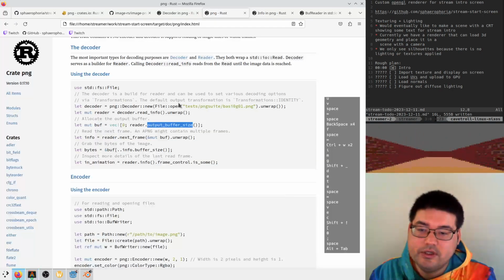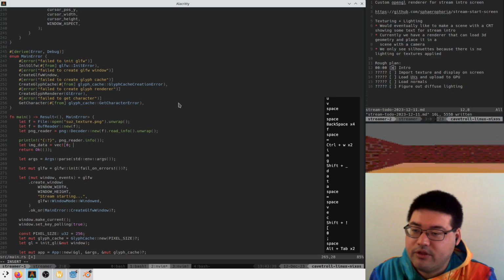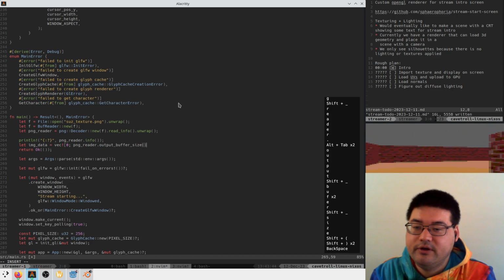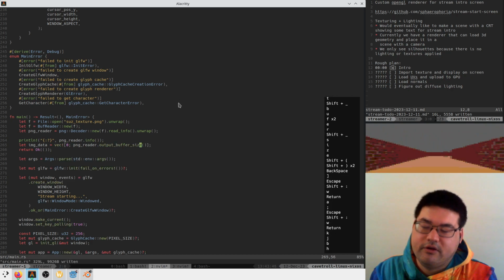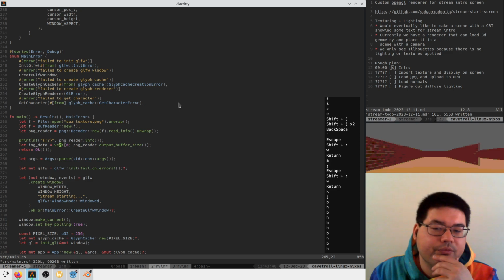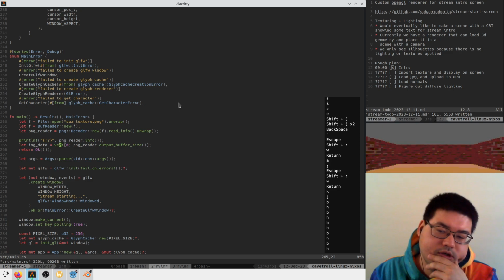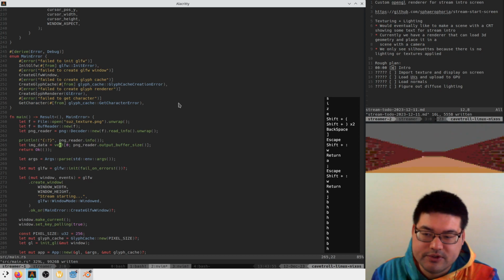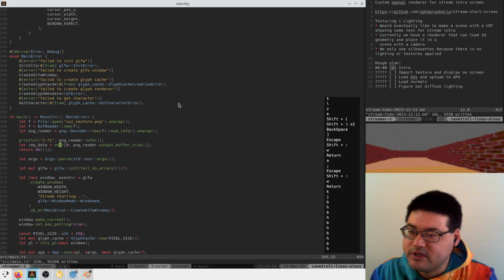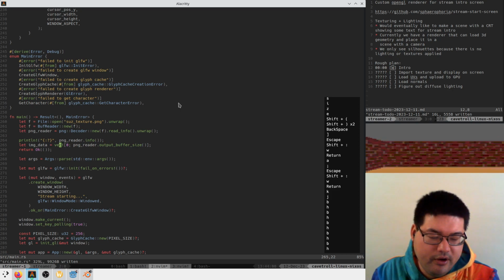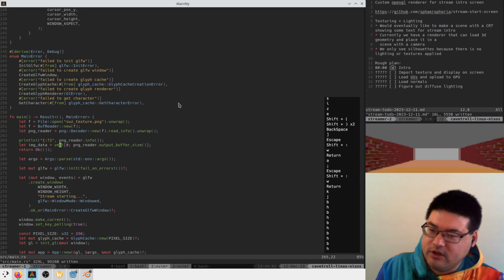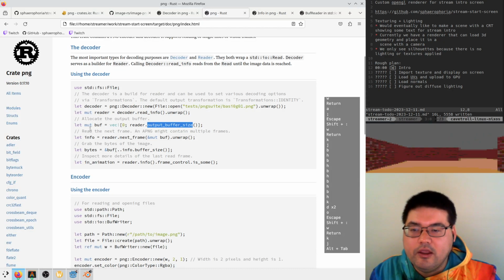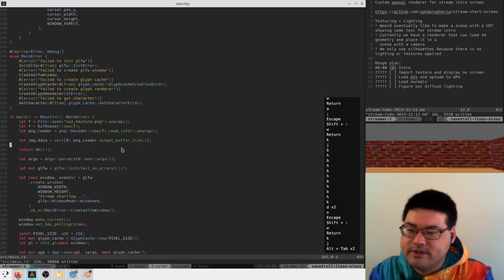of zeros with the output buffer size. Something that's kind of messed up about Rust here is that really we shouldn't have to initialize this thing with zeros. We should be able to just not care about the data in there and then overwrite it with the reader. But because of some of their interfaces, I'm pretty sure that it's invalid to do that. So we have to do it this way. We have to say, here is a zero initialized buffer. And then we say,